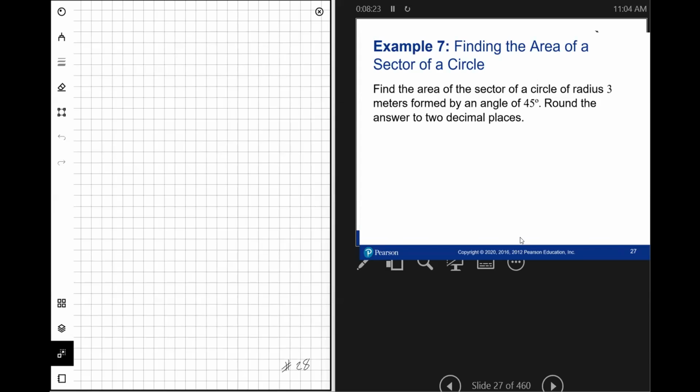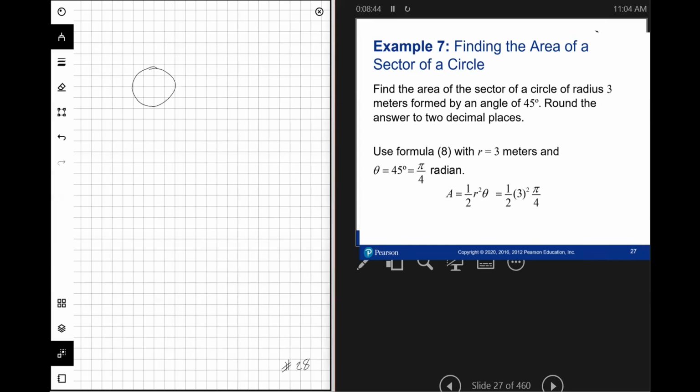All right. This is the last slide we did in class, and where we put this is the formula for the area of a sector. And a sector is formed by a central angle. And so this would be the sector, and the area would be the radius times the arc length. I mean, times the